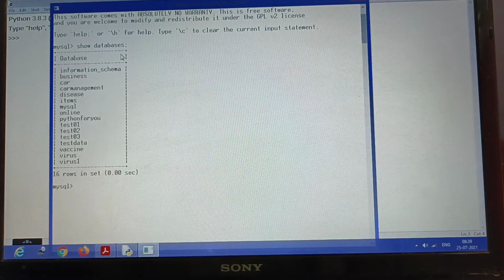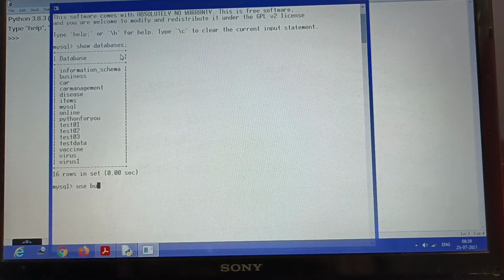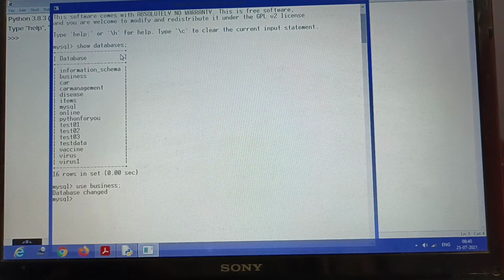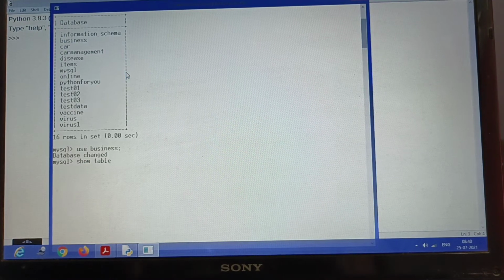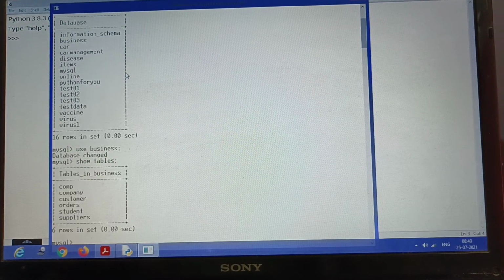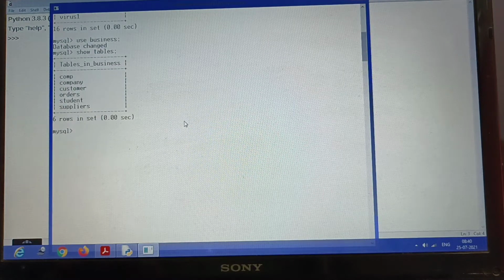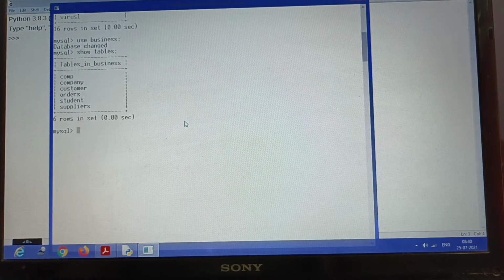Now today we are picking up one particular database, and that is business. So if I want to use it, we have to give the command use business. Now after making this particular business the current database, what we can do is we can display all the tables. So the command will be show tables. Once you display all the tables, you can pick up any one or two tables and start working on that